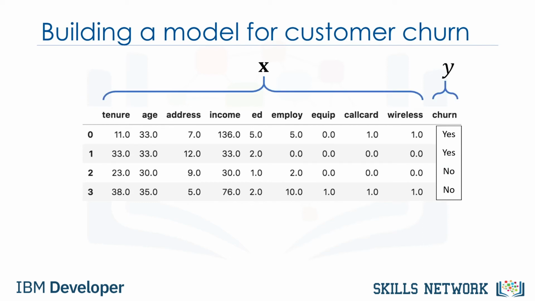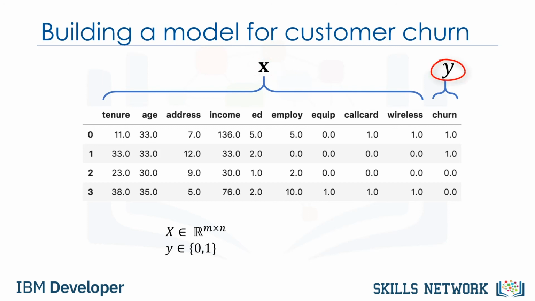We define the independent variables as x and dependent variable as y. Notice that for the sake of simplicity, we can code the target or dependent values to 0 or 1. The goal of logistic regression is to build a model to predict the class of each sample, which in this case is a customer, as well as the probability of each sample belonging to a class. Given that, let's start to formalize the problem. X is our data set, in the space of real numbers of m by n, that is, of m dimensions or features and n records. And y is the class that we want to predict, which can be either 0 or 1.